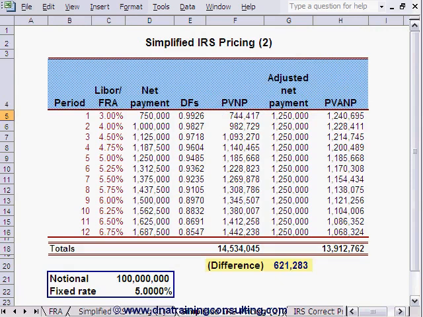The next worksheet, labeled Simplified IRS Pricing 2, achieves this by deriving first in column E the discount factors appropriate for each cash flow, and then solving for a single constant fixed interest rate in the cell D22, which, if applied to the notional,